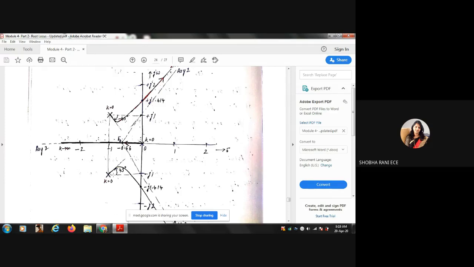Similarly, keeping this as the reference, draw a line parallel to the real axis. Keep that line as the reference, with the pole as the center, and mark plus 45 degree. You get this dotted line. And then you have found the points on the imaginary axis: plus j 1.414 and minus j 1.414. Mark it. So now you can see.